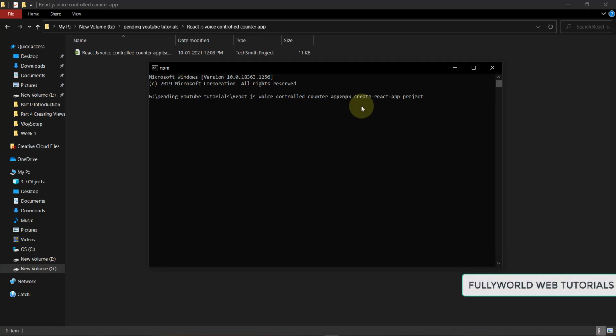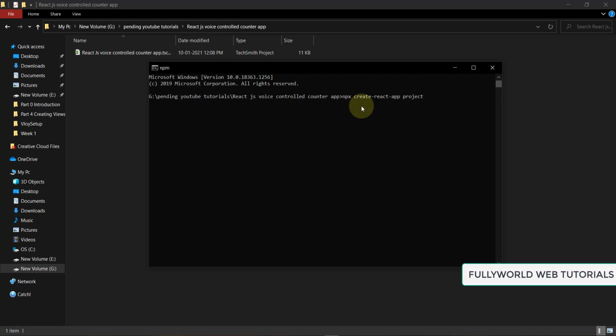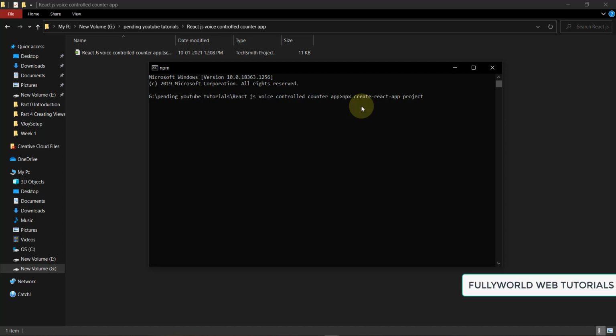Now it will start creating our React app here, and make sure you have an internet connection while creating the React app. I will be right back after this app is installed.